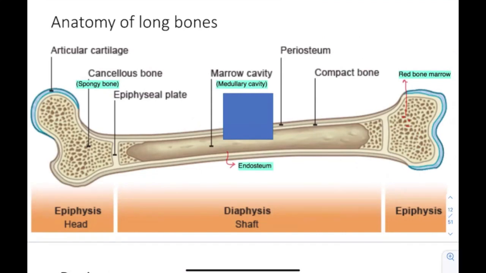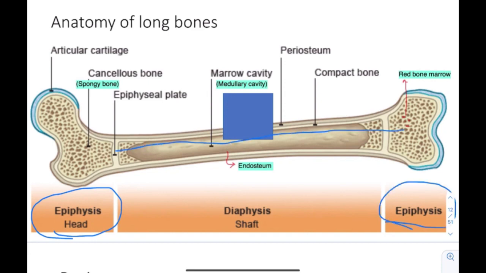Okay, so let's talk about anatomy of long bones. First of all, the ends of the long bones are called the epiphysis or the epiphyses. And then the long shaft is called the diaphysis or the shaft. And then we also have, at the epiphyses, cartilage covering the surfaces called hyaline cartilage or articular cartilage,